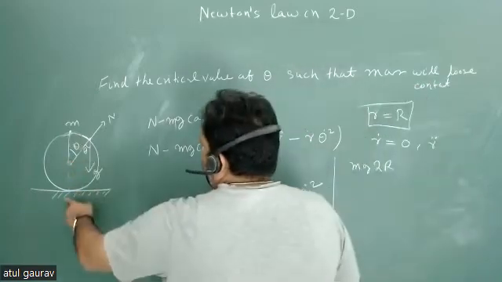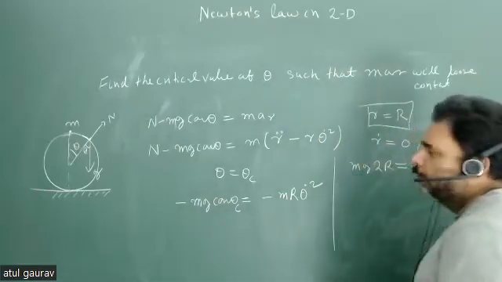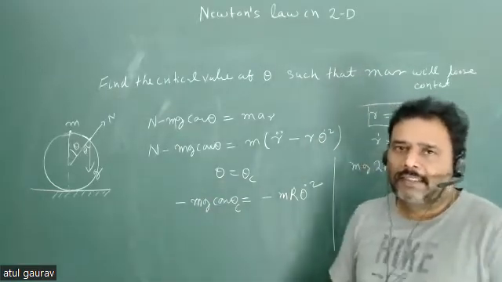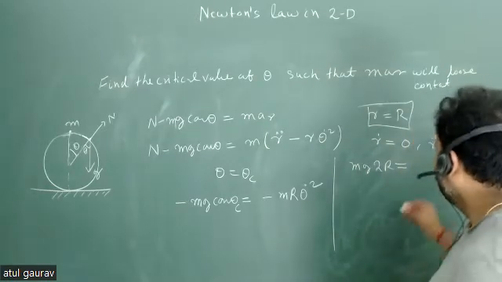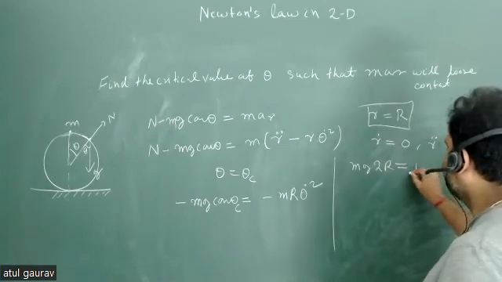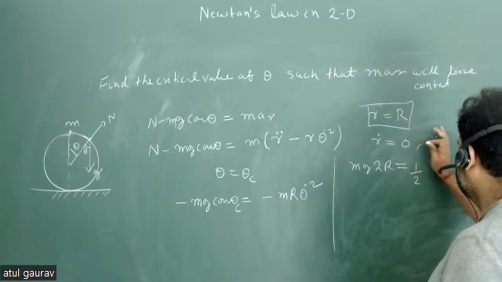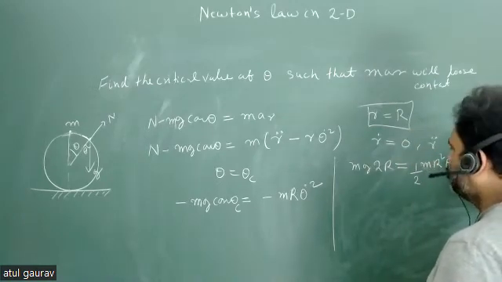This is your r. So this is mg2r. So this potential energy will convert into kinetic energy plus potential energy, isn't it? So what will be the kinetic energy at theta equal to theta c? Half m r square theta dot square